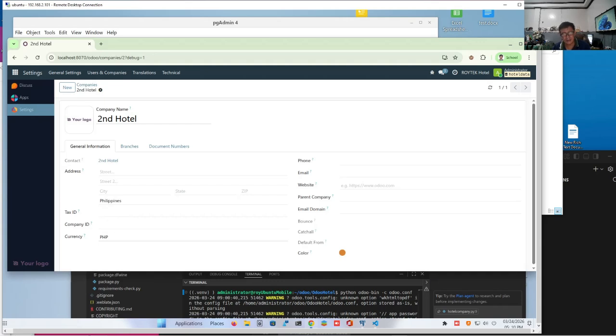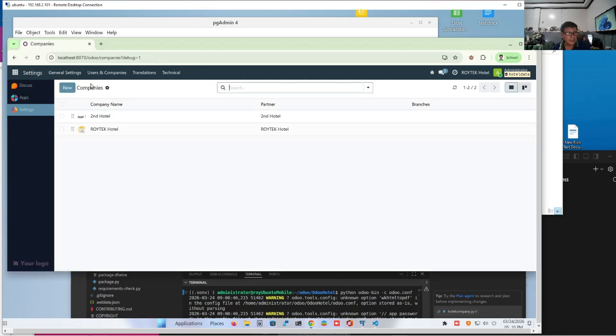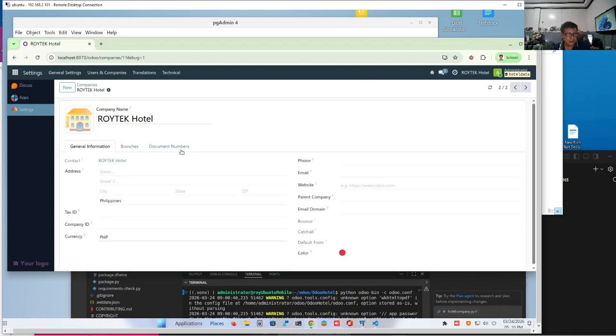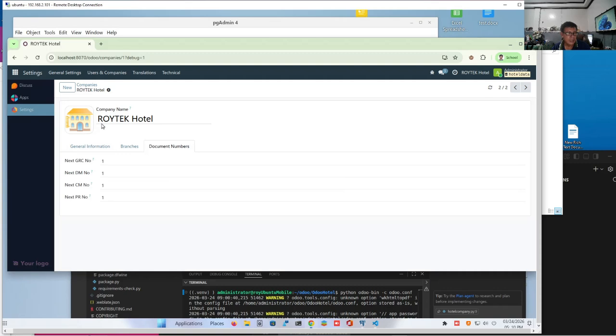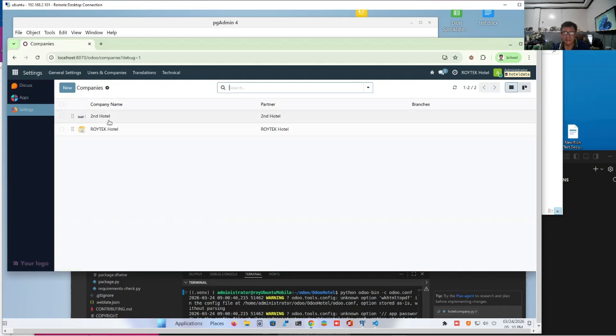So if other hotels from other countries will make use of this, you can just assign them a new company. Okay, so now we have two companies. They are independent of each other. We have the main company, which has its own set of document numbers, and we have the second company, which has, okay, its own set of numbers.